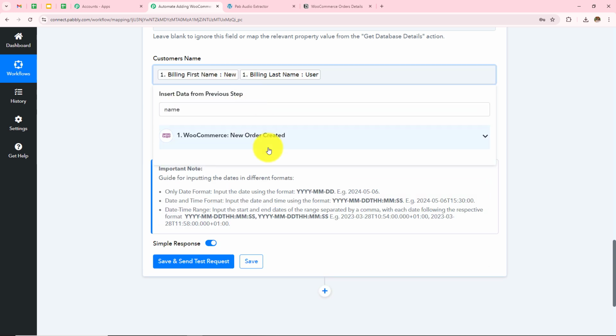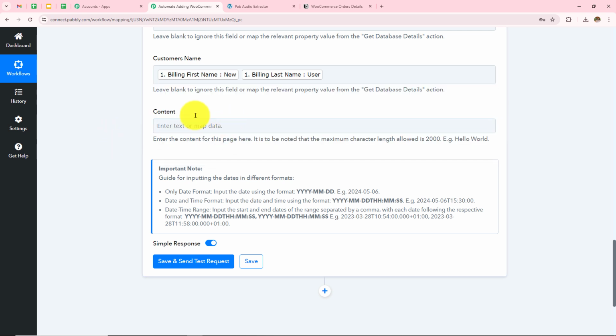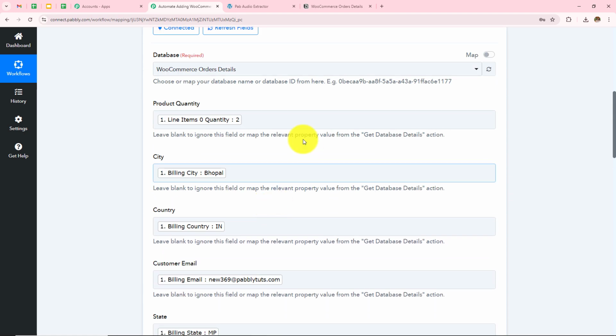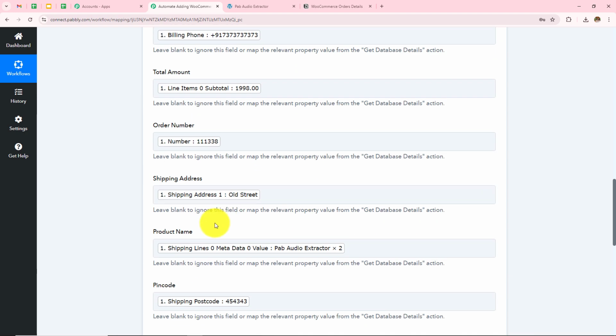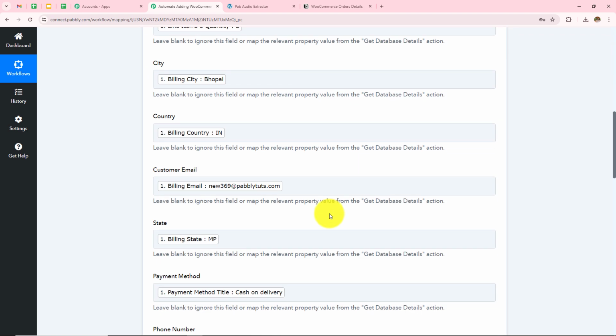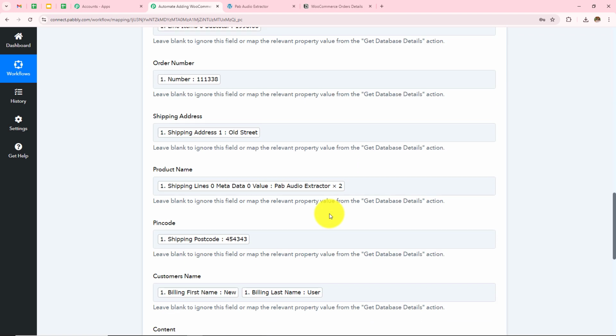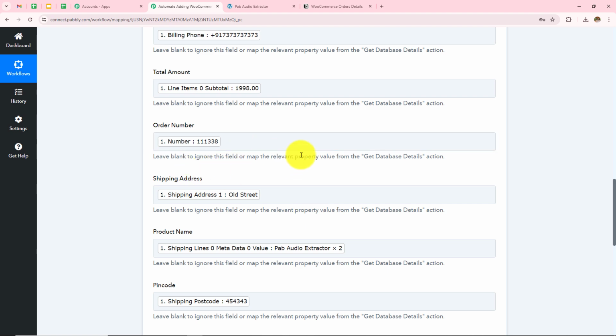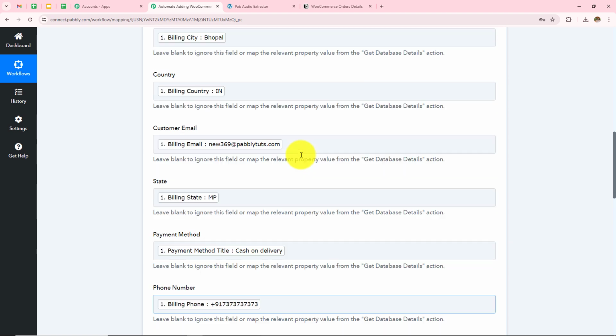I will enter the first name and the last name and then put a space between these two, and I want to leave this field blank because it is not required for me to enter details in my Notion database. So over here I have used process mapping, which means I'm going to enter data from my previous response, the response that I received in my WooCommerce orders. Mapping is important so that every time you receive a new response, it is taken into consideration in these fields. Manually entering the data will make these fields static and the information will not change even if you have received a new response.